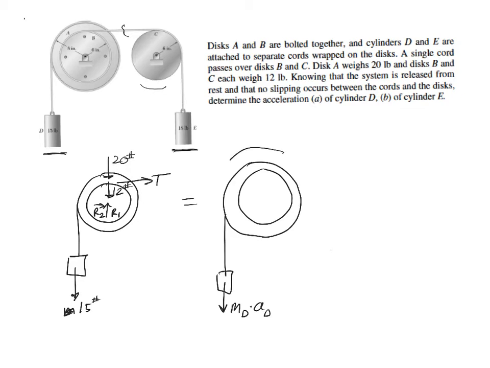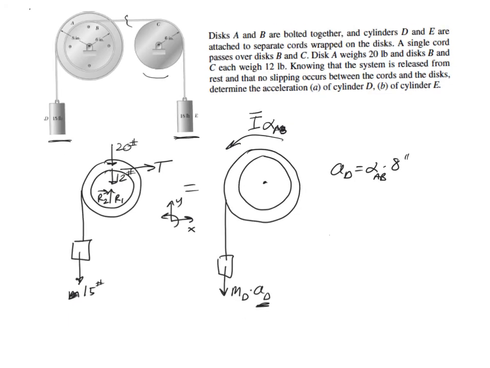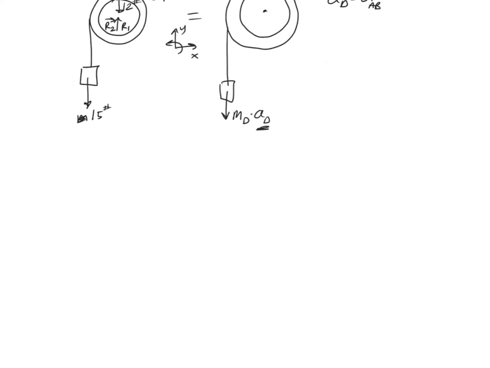And up here, I've got fixed axis rotation. I've got I bar alpha. I'm going to call it alpha AB. And we've got a kinematic relationship between acceleration of D and alpha, because this is fixed axis rotation, so I would know that acceleration of D is going to be alpha times 8 inches. And again, alpha AB. So I'm going to scroll down and we're going to do now the FBD KD for